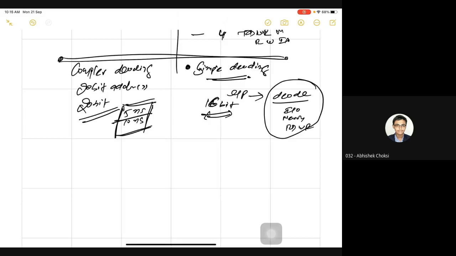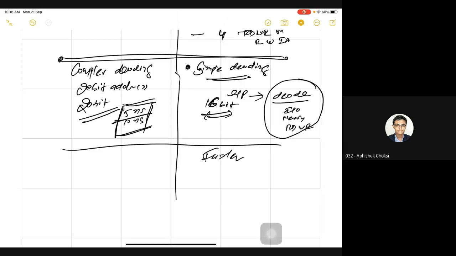Another thing is that this process is very fast. So this is faster, this is slower. Why? Because suppose I need to find you people in a classroom versus finding you people in the university, obviously I can find you quickly in the classroom. So if I need to find a device, I find it quickly among 64 KB, but it takes longer to search among 1 MB.